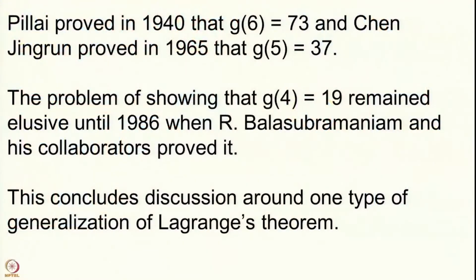Waring's problem is one way by which we can generalize the theorem of Lagrange, which is that since you are writing every number as a sum of squares, you can ask how many cubes are needed, how many fourth powers are needed and so on, and this is intimately related to many other things in mathematics like circle method and so on, as well as the techniques which are developed by R. Balasubramaniam and so on. So, this is one way the theorem can be generalized. There are another ways.